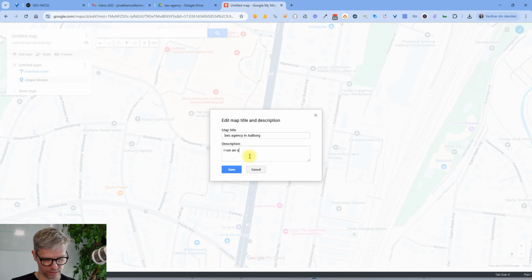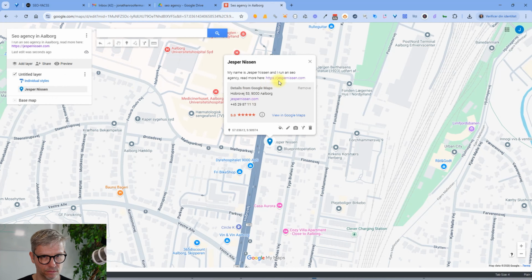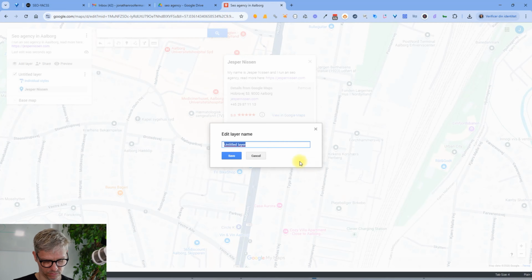I run an SEO agency in Aalborg. Read more here. Save. So now we have a link here, and a link here. And we have the title and untitled layer. You see in Aalborg. We do not want untitled layers,